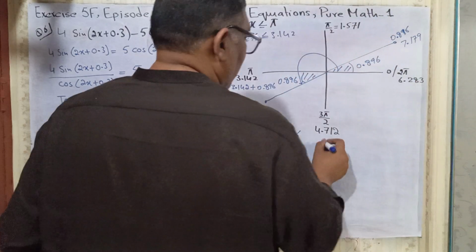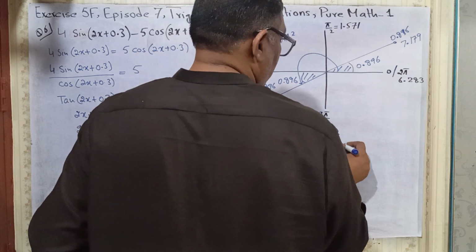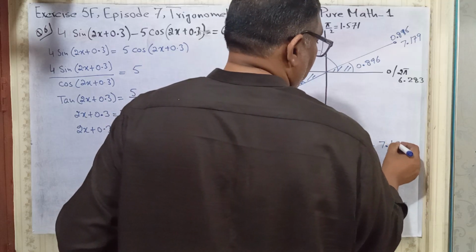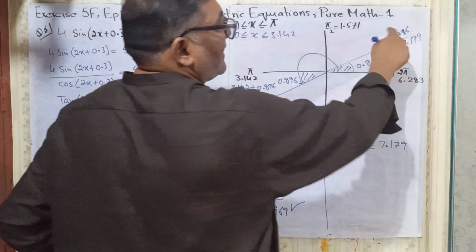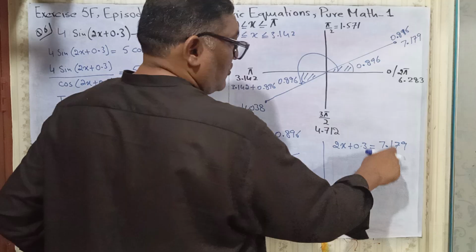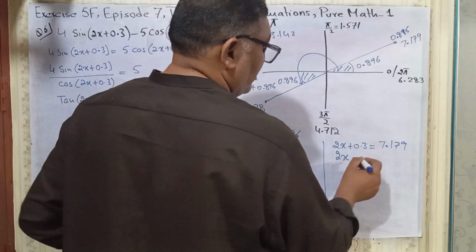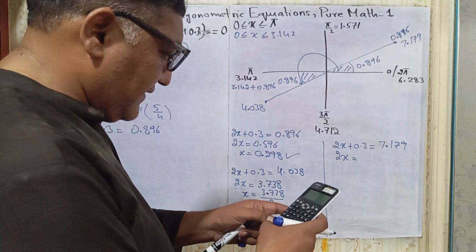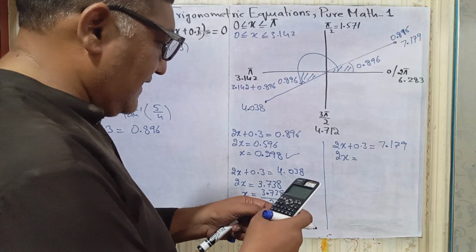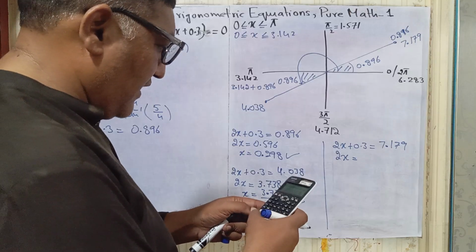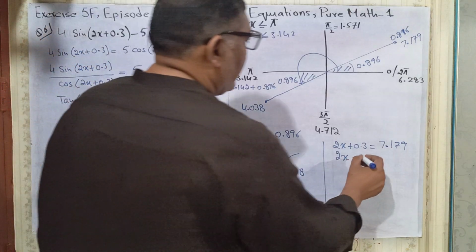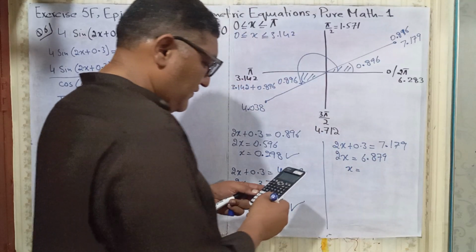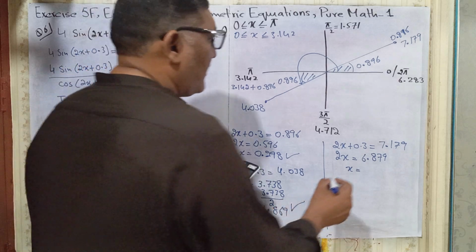Okay, so I can also try here with this number, 2x plus 0.3 equals 7.179. This angle can be this also. So let me try, and this will be 7.179 minus 0.3, and that is equal to 6.879 divided by the 2, and you get